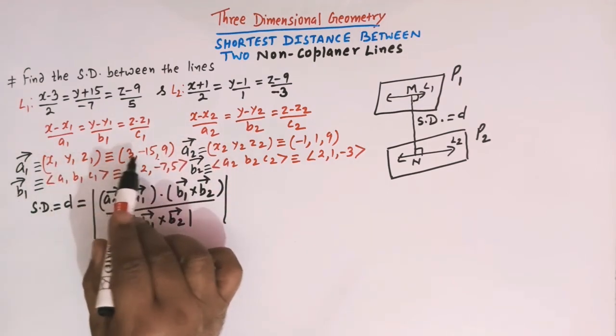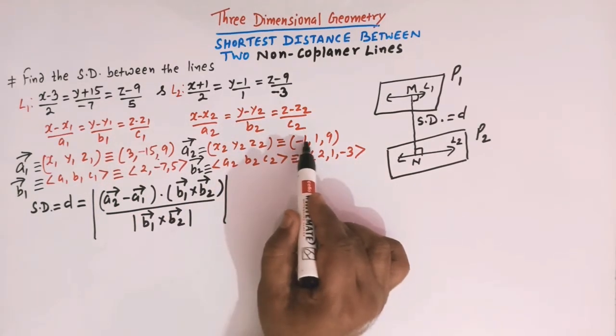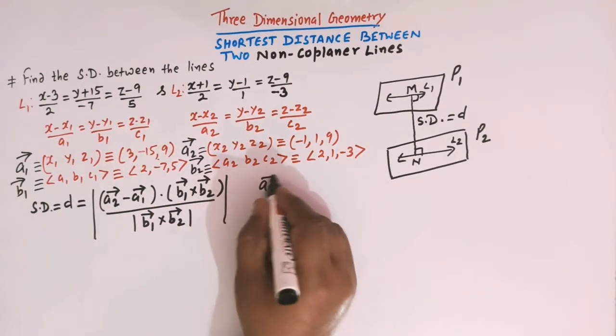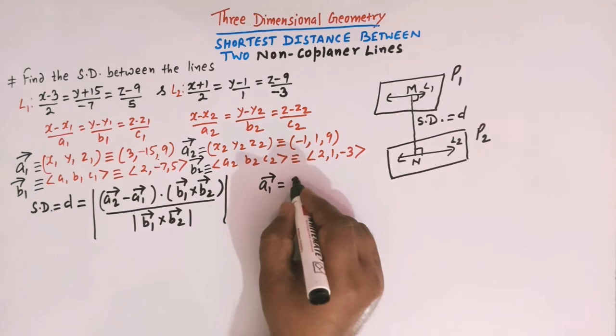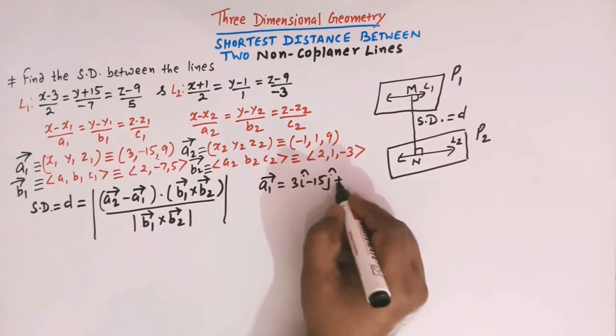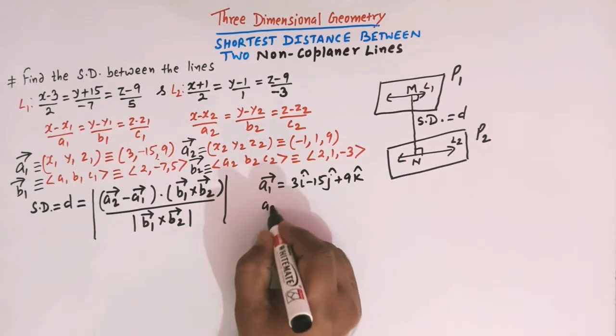So here these are the x, y and z components, and similarly here we have x, y and z components, right? So vector a1 can be written as 3i cap minus 15j cap plus 9k cap,